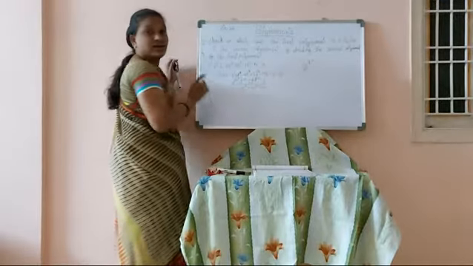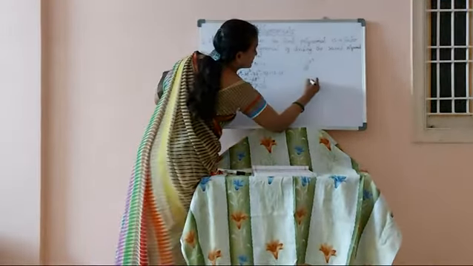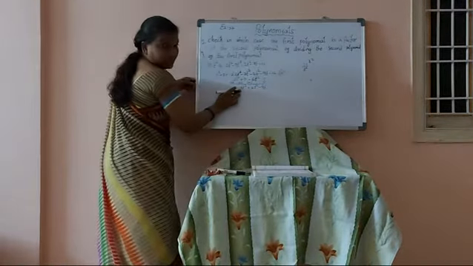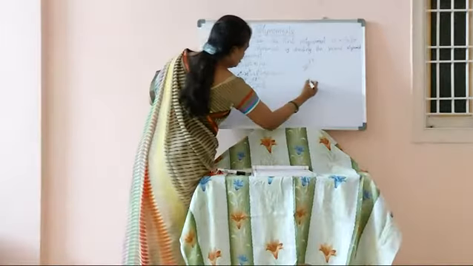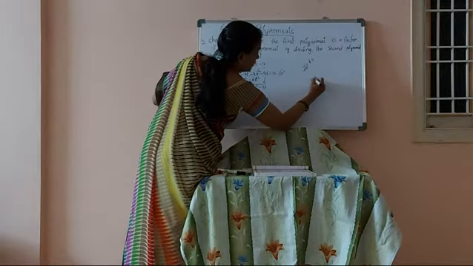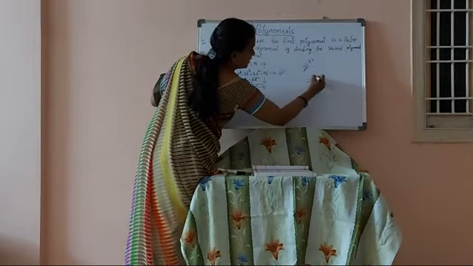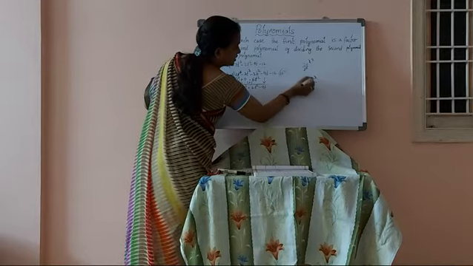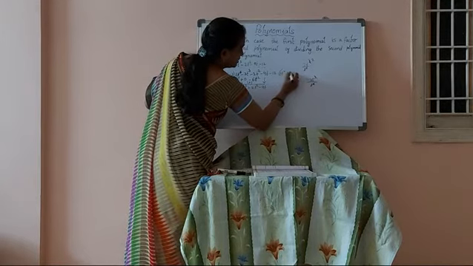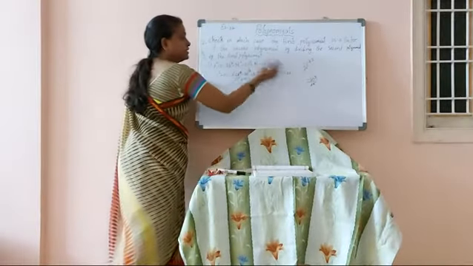Whatever we did here, in the same way we have to do here also. Minus t cube, divide that with the first term of the divisor, t square: t cube by t square, t square gets cancelled. Minus 3t is the remaining term. So multiply each and every term with minus 3t.